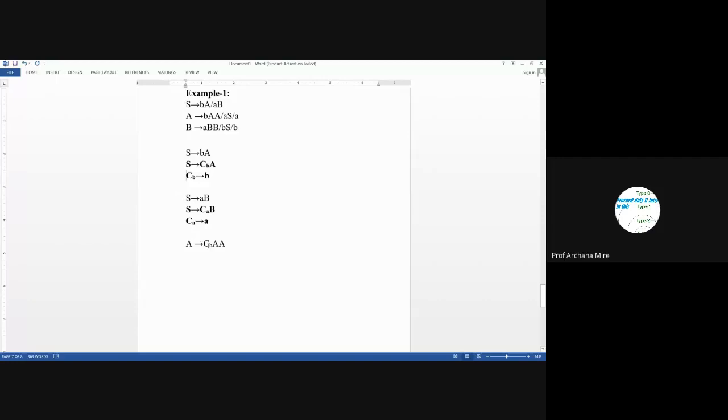But since the length of the production is more than 2, once again we will need to, I think I didn't mention here the original. I deleted the original production rule, so I will insert it so that we will always be aware of exactly which production rule we are modifying. So since here the length of the production rule is more than 2, once again we will do the same thing.